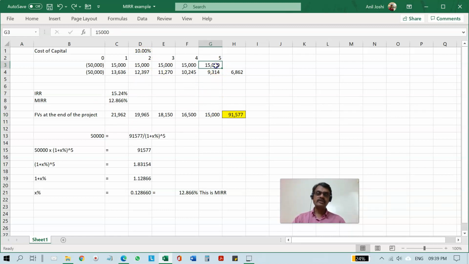And then obviously last 15,000, the future value is 15,000 only, because this 15,000 is at the end of year 5 only. So while you are getting 75,000 in this project over a period of 5 years, the future value of all these 15,000 each every year is equivalent to 91,577. How did you get 91,577? By assuming that these cash flows are giving you the returns in the project equal to 10% year over year. Right? So that is why I said it is the conservative assumption.